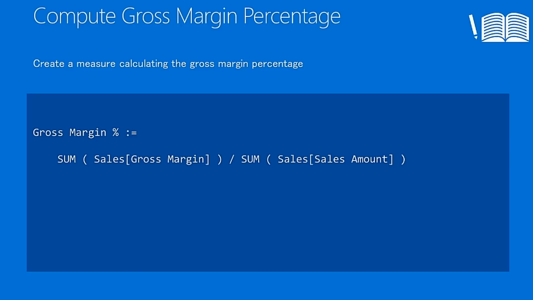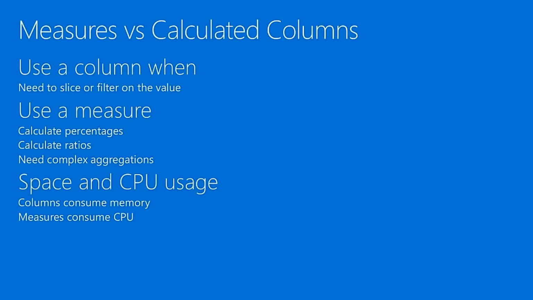So the gross margin percentage that we computed was computed as a measure. And that's it. We already did it, so we can go there. This is what we were speaking about a few seconds ago. So when to use what? When to use a measure and when to use a calculated column. You typically use a calculated column whenever you want the value to have a physical representation. So imagine that I want to be able to slice customers by doing ABC analysis,